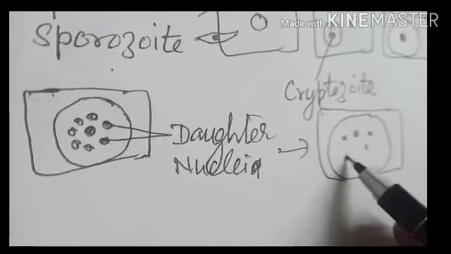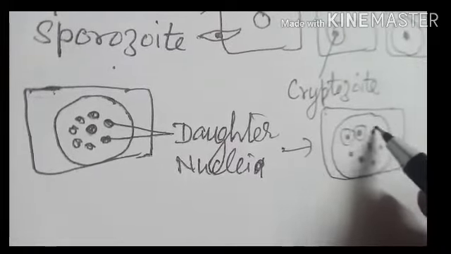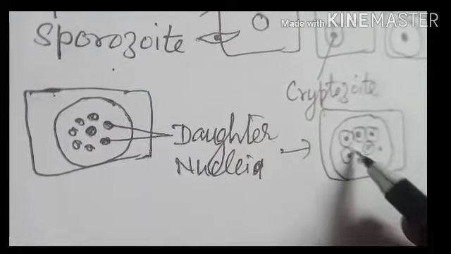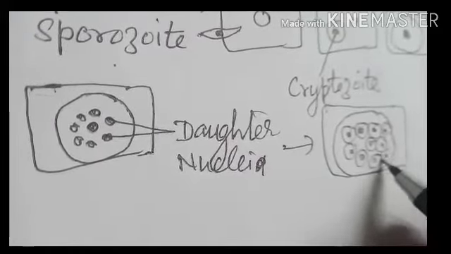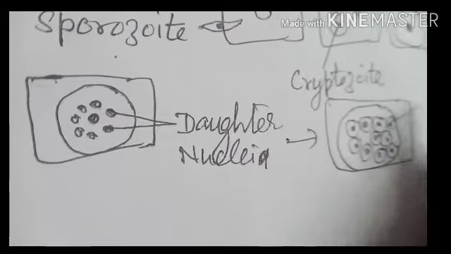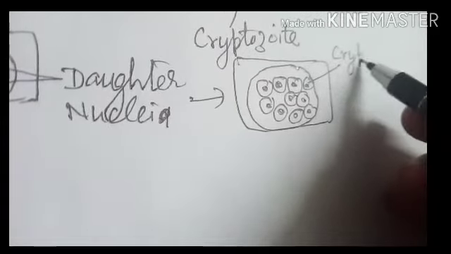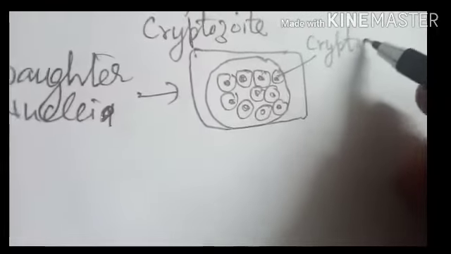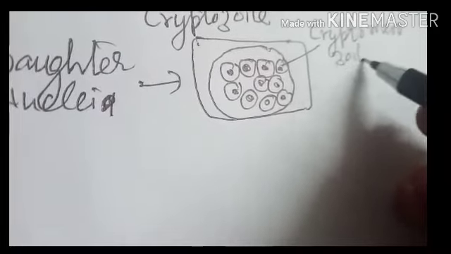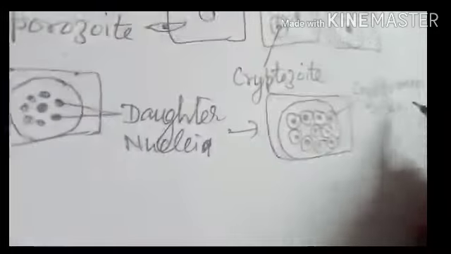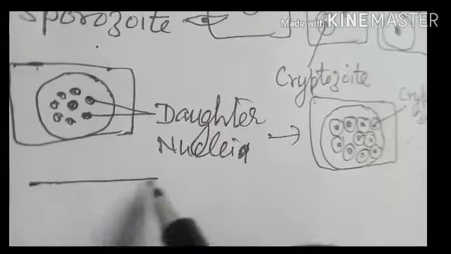The cytoplasm gets cleaved and a small amount of cytoplasm gathers around each daughter nucleus, and in this way a tiny structure is formed. This tiny structure is known as cryptomerozoites,